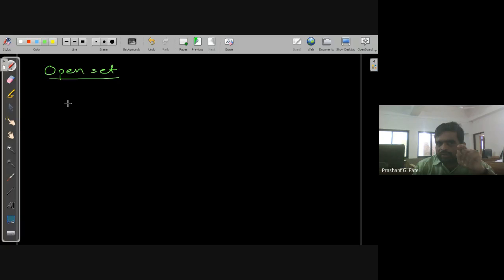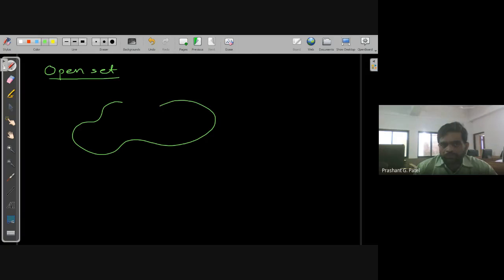Suppose I want to say that this set is open, then it has to come from the set itself. There has to be some portion of the set itself, and from that you can define an open set.